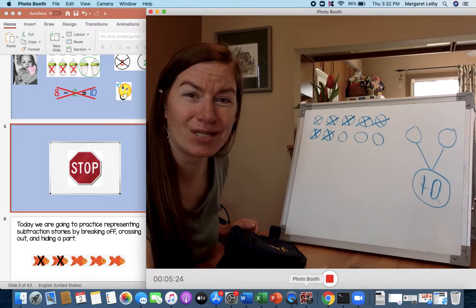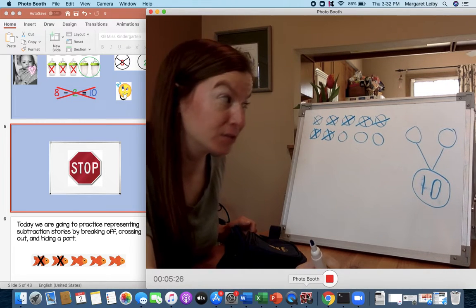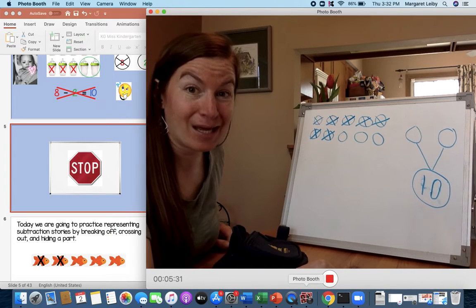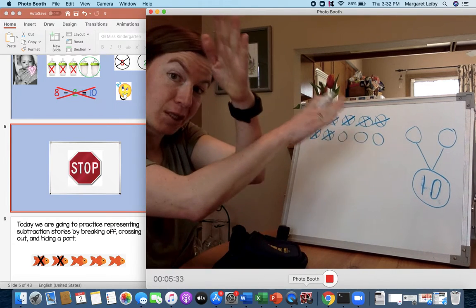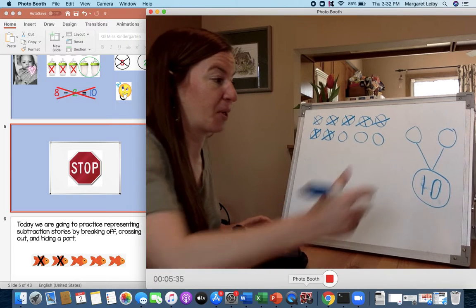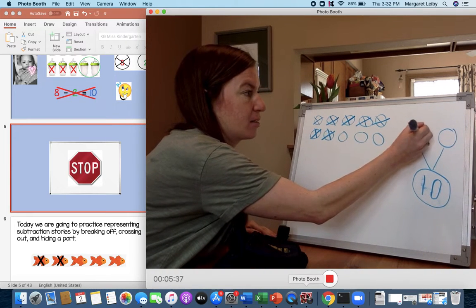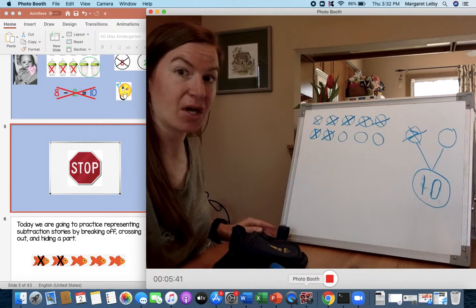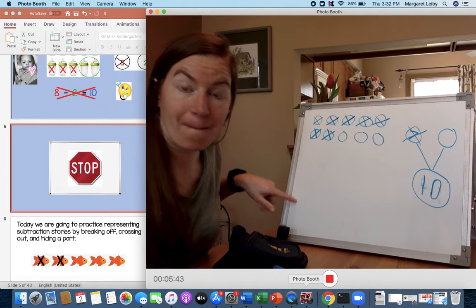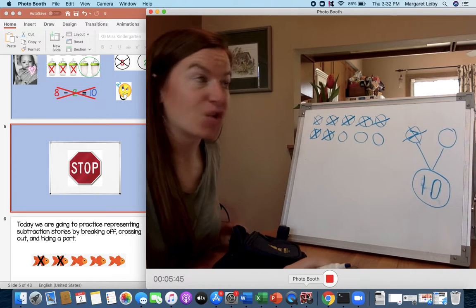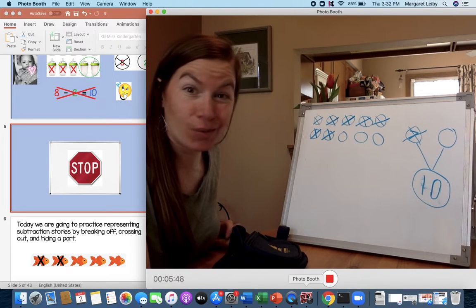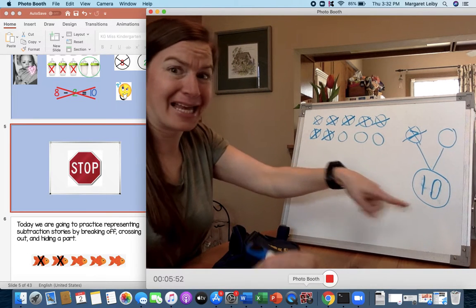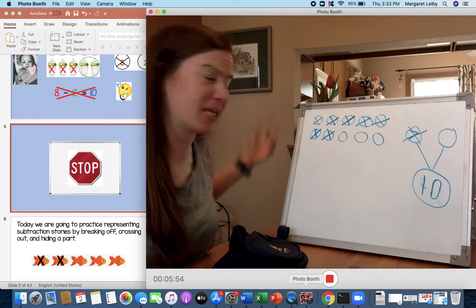All right, so we crossed out 7 for the 7 bottles that Cairo drank. So that means in my number bond, I'm going to write 7 and then I'm going to cross it out because it's my takeaway part. All right, let's see. So I've got 7 and then I'm going to exit out as my takeaway part. So now I'm going to start my subtraction sentence. So I know I always start with the whole. My whole was 10. It's the biggest number. That's what I'm taking away from. So I've got